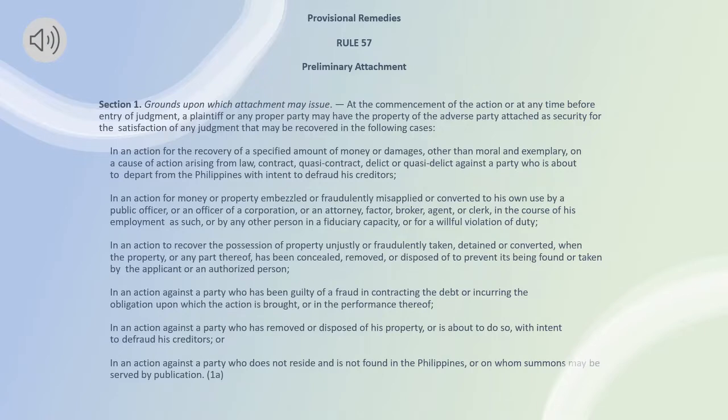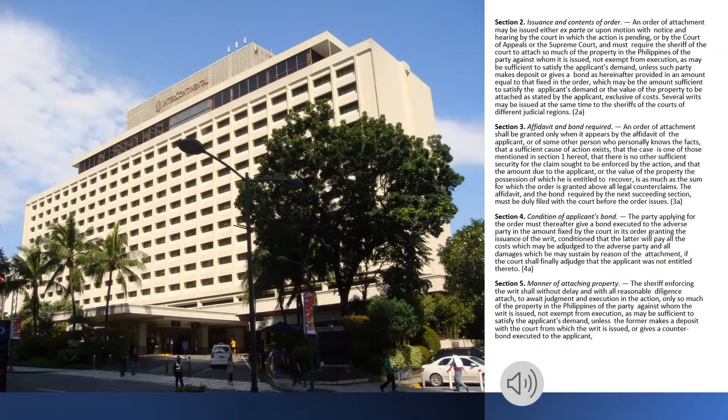Section 2. Issuance and contents of order. An order of attachment may be issued either ex parte or upon motion with notice and hearing by the court in which the action is pending, or by the Court of Appeals or the Supreme Court, and must require the sheriff of the court to attach so much of the property in the Philippines of the party against whom it is issued, not exempt from execution, as may be sufficient to satisfy the applicant's demand, unless such party makes deposit